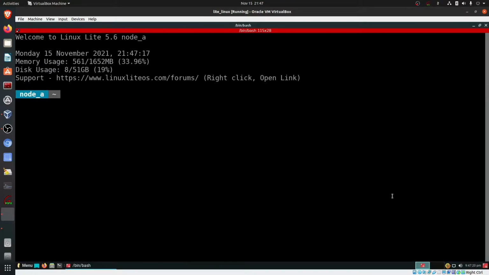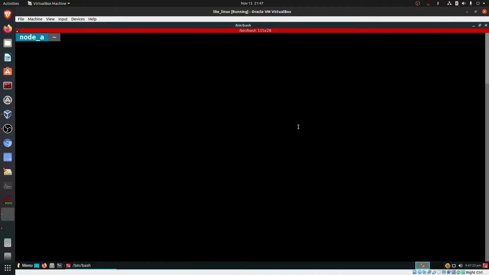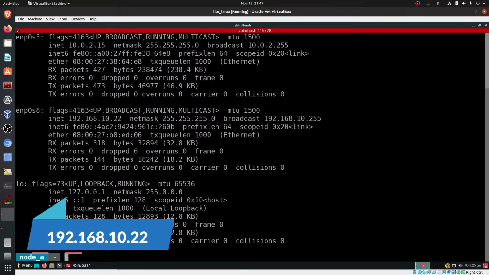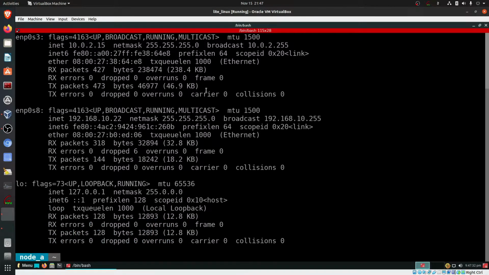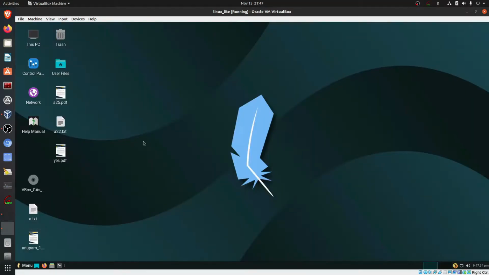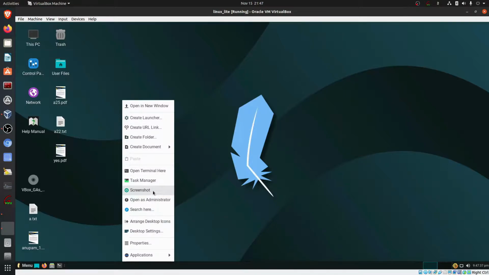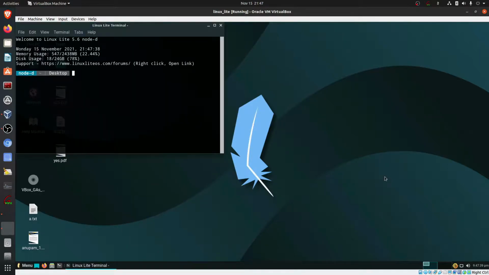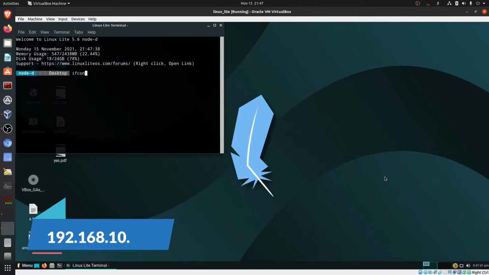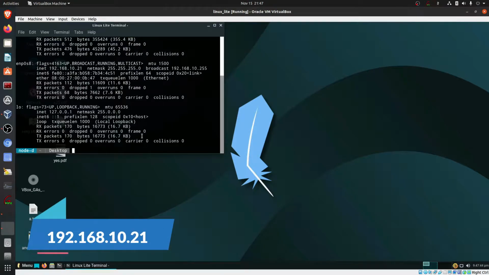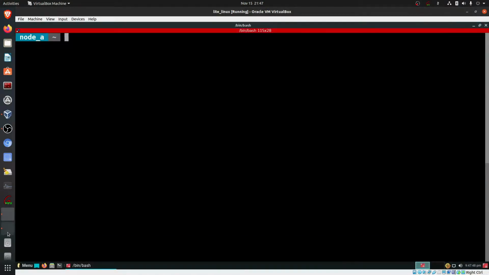Okay, now this is node A, and the IP address of node A is 192.168.10.22. We'll clear this screen. The other machine has a similar desktop, but they are different machines. So this one is 21.